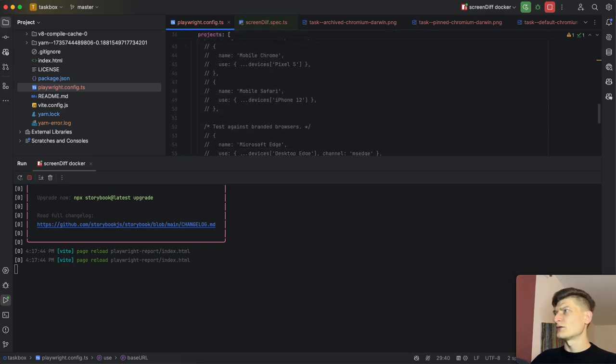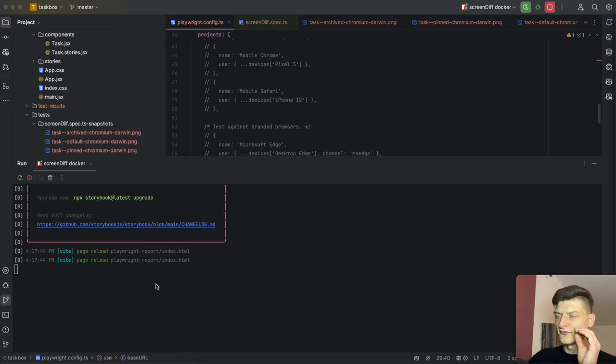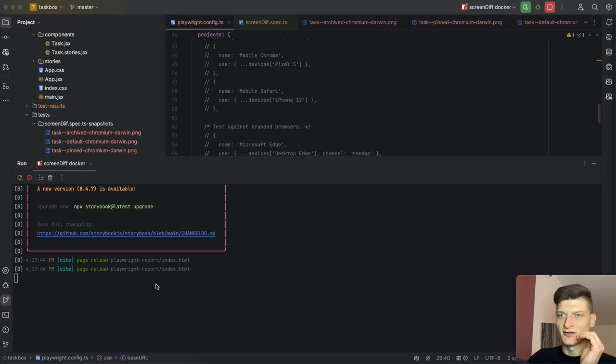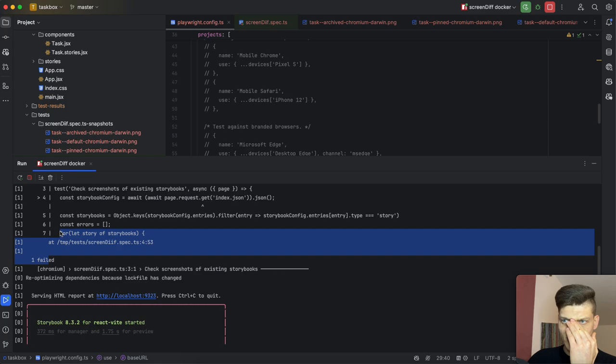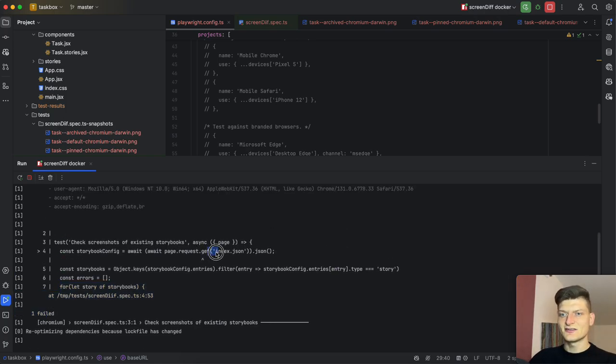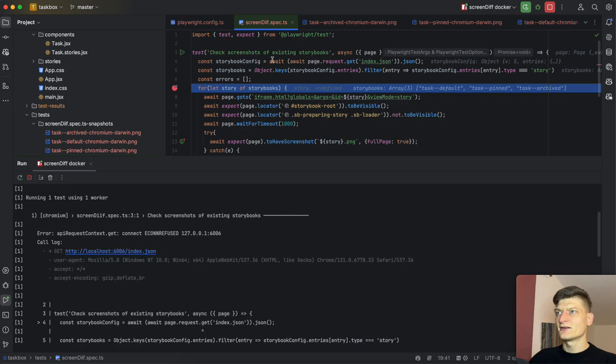Now we need to change our approach as well, because we need to wait until the server is ready. While the server is starting, we are already running our test, and this means that we have one failed test because get index.json returned an error. Index.json is not ready yet, basically. And let's work it out. Let's get back, and what do we need actually? We need to write